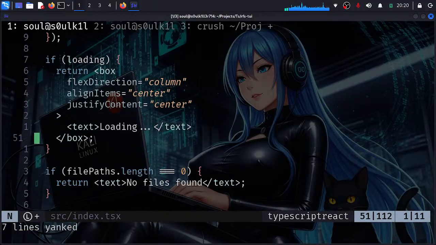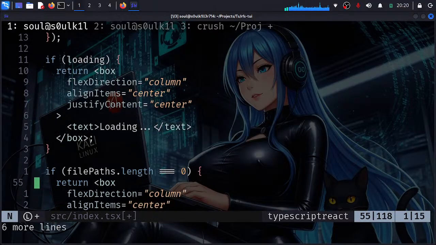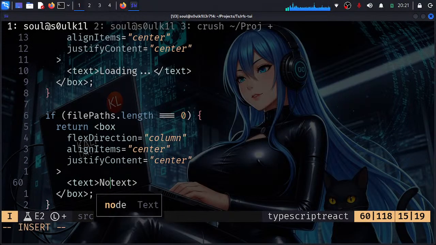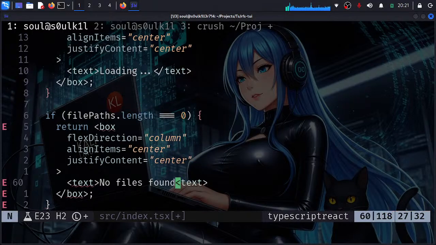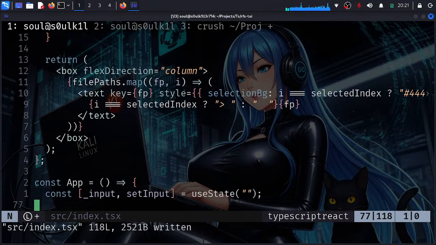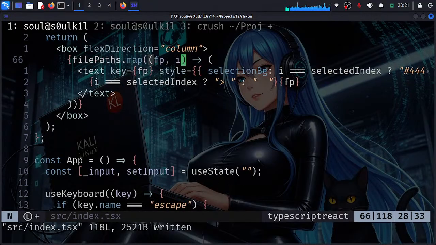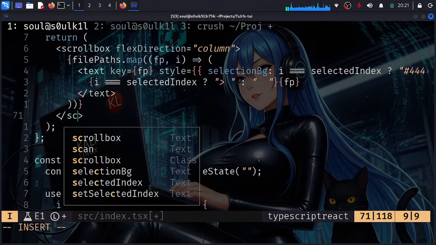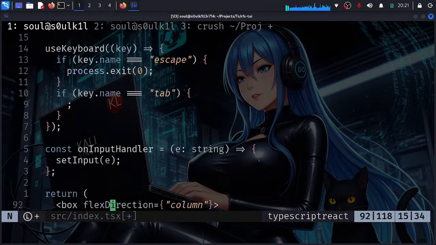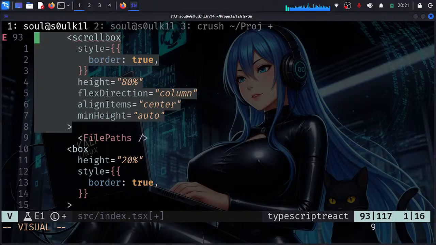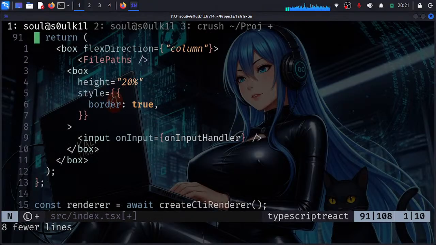Text loading. There should be no files found. Okay. Scroll box. And then remove this from here. Min height. Okay, instead of this, just say